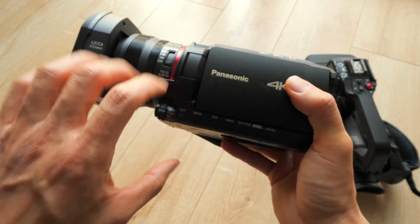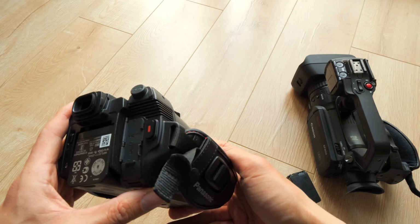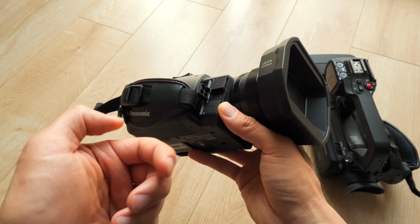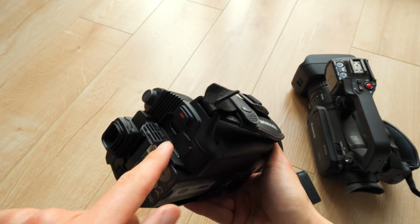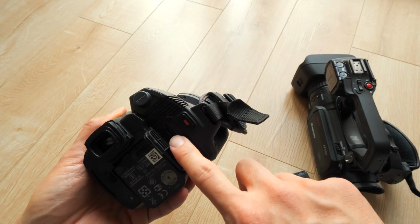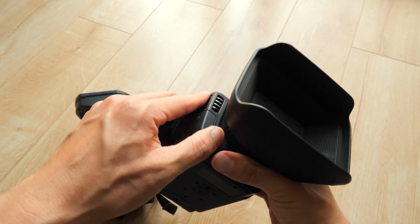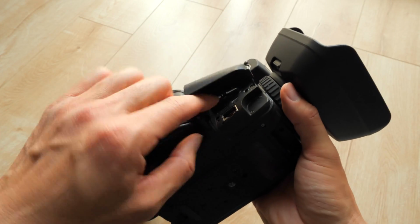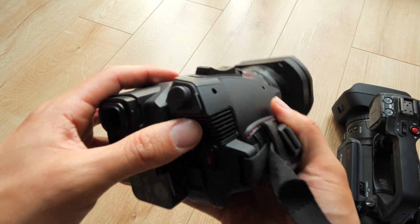So here is a more traditional way of having a zoom, and I believe there's a remote. Where's the remote here? Yeah, you can buy a cheap remote to control the zoom here. And let me see what else is back here. Oh, back here you have a full-size HDMI. That's the other thing. Full-size HDMI on the CX10, X2000, 1500. On this one, I think it's a mini. Is it a mini? Yeah, you have an HDMI mini, which kind of sucks. So you have HDMI mini. Here you have a full HDMI